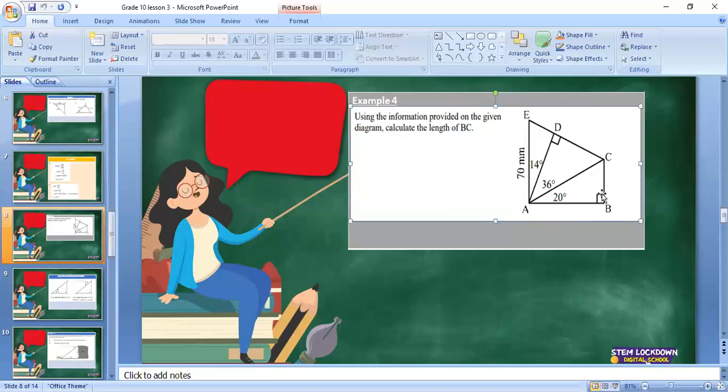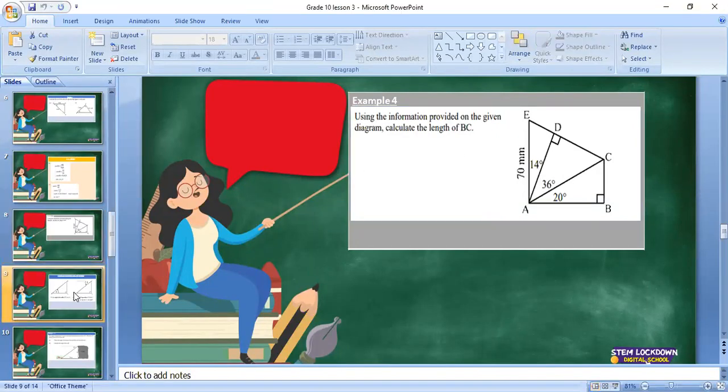Which one has opposite O, hypotenuse H? Which ratio are you going to use there? Opposite and hypotenuse. That's sine. So sine 20 degrees equals opposite BC over hypotenuse, whatever our AC is. And we calculate that, we find our BC. Okay, so like that, we do this kind of question. So without wasting much time, we go to